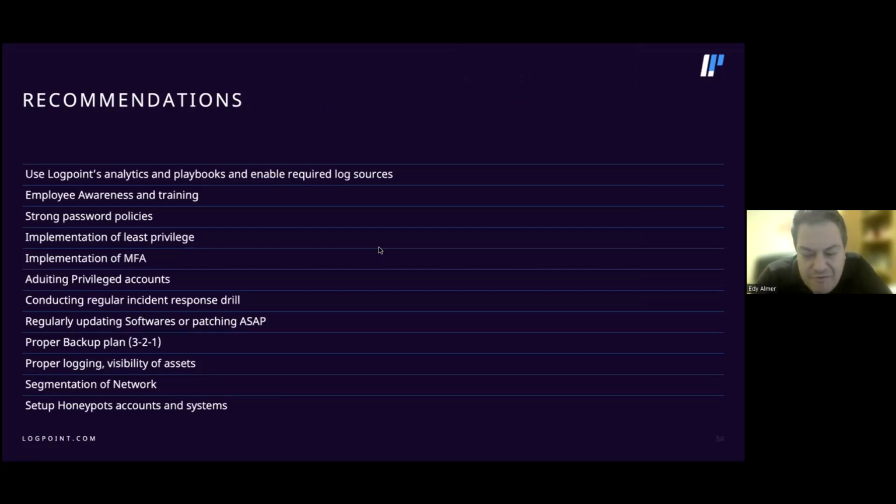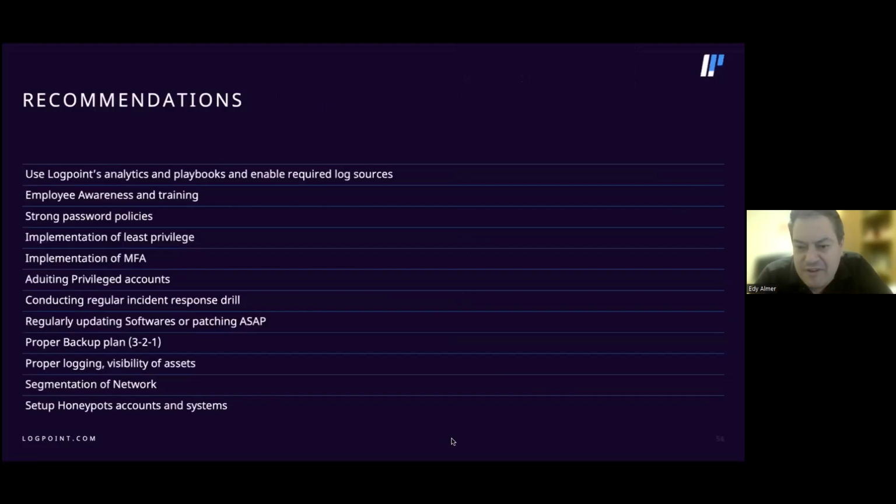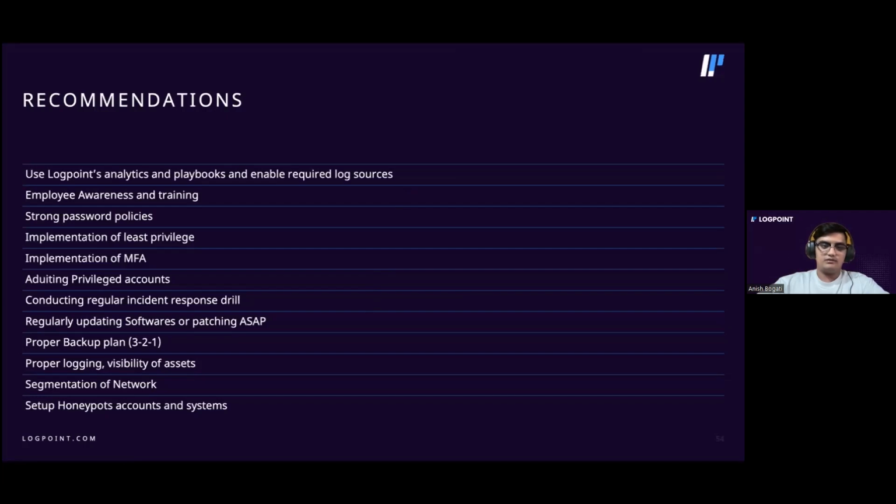But even if you have a different system, right? If you're not using AgentX and you have a specific EDR vendor like Microsoft or like CrowdStrike or like Trend, you can still use those playbooks to make your response a lot quicker and make your investigation a lot easier. There are other playbooks that can be helpful, but we have only included a few.